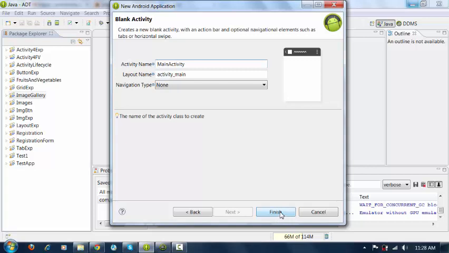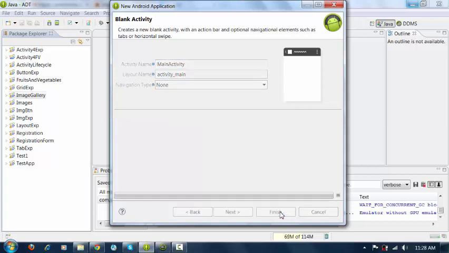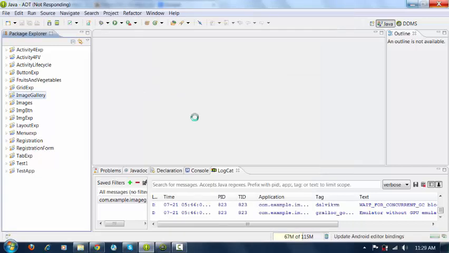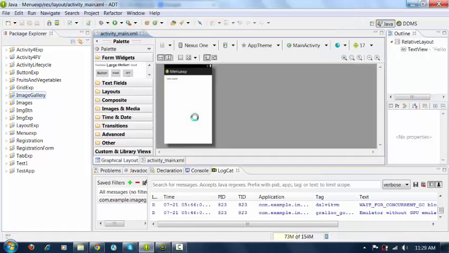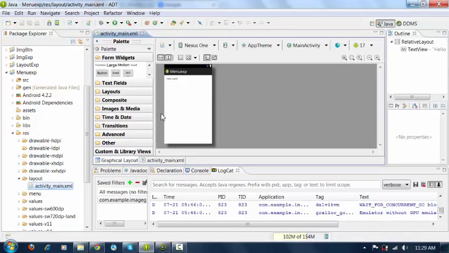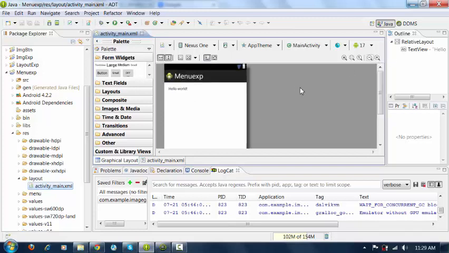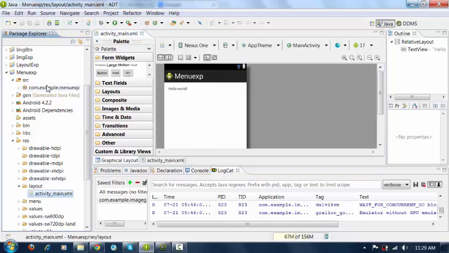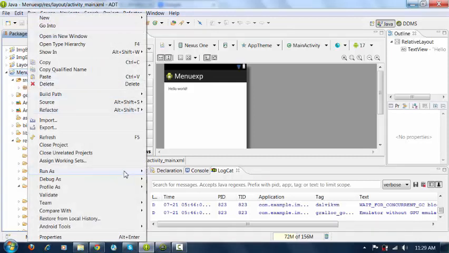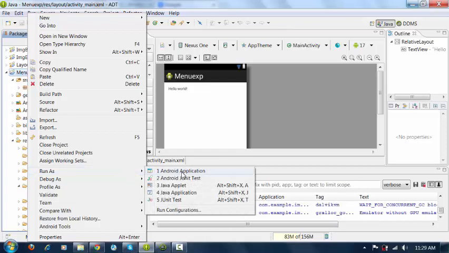Now I'll click on finish. Okay, here is your application. I'll zoom it. Now I won't change anything in UI or in code. I will just select the application and execute it. I have created one application called menu example, and I will execute that application. Select the application, run it on the emulator.